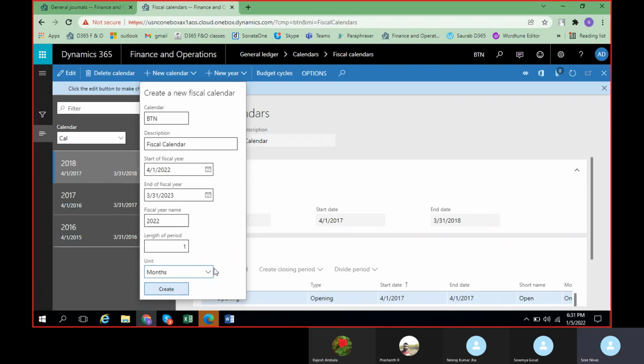Here we have selected months, right? Let us try to select days. If you select days and give the length of the period as 1, we'll see how it creates.